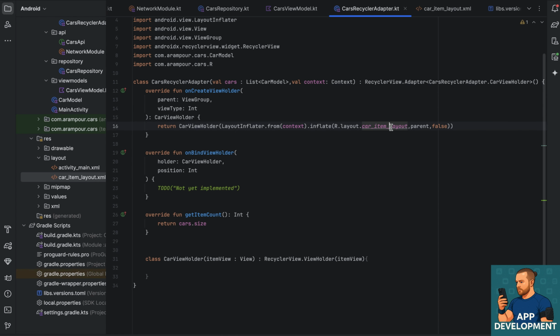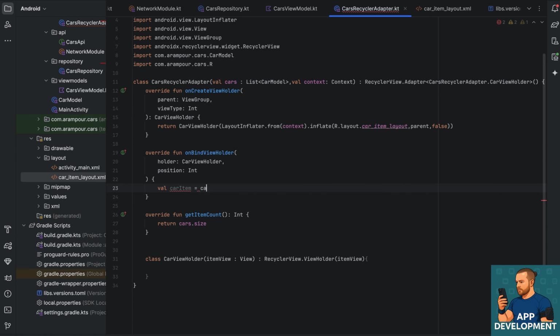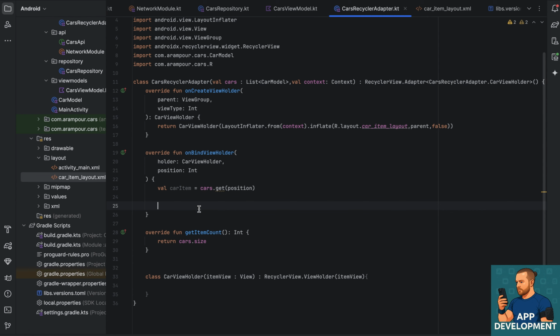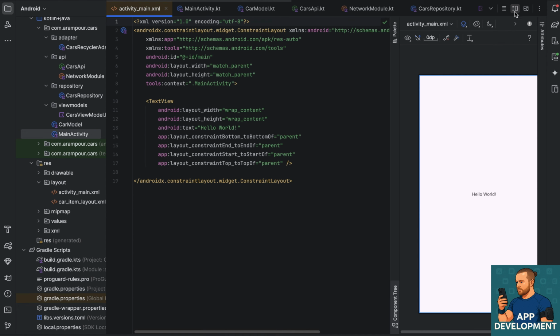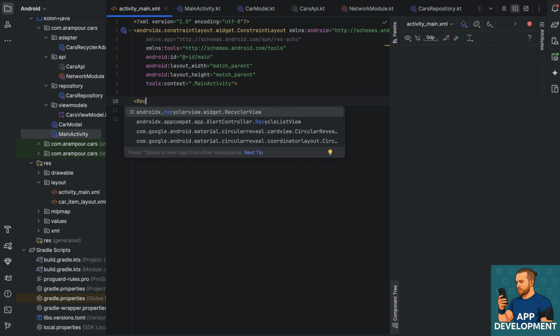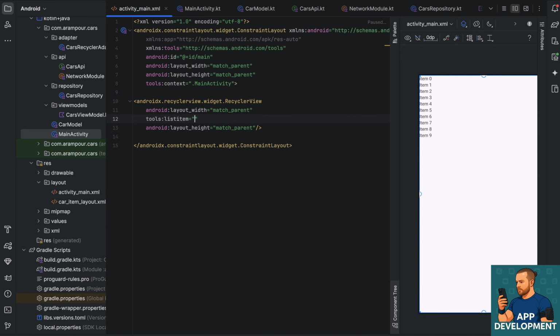Okay, it's okay for now, and now we have it here. We need to access our car item, and we say cars dot get position. Now here we have access to car, and we need to assign each car data to this layout. Let's go inside the layout, remove this and add our recycler view. Here we can add list item as car item. We can see that the list would look like this. All right, and we assign some ID,